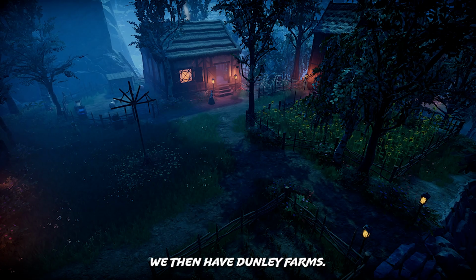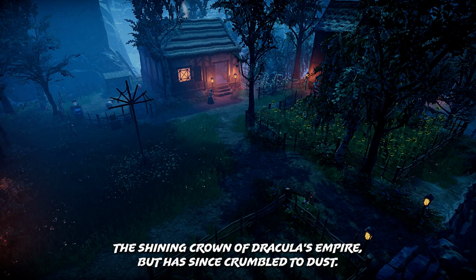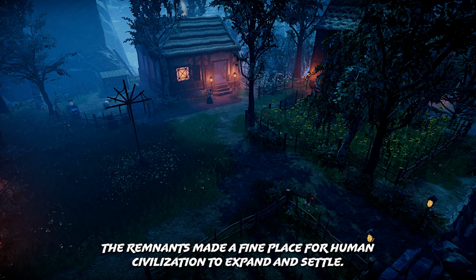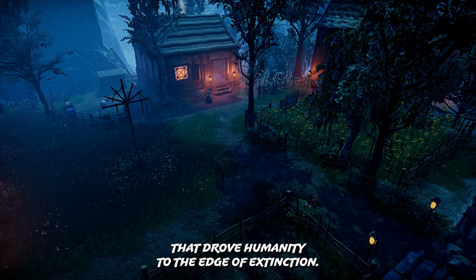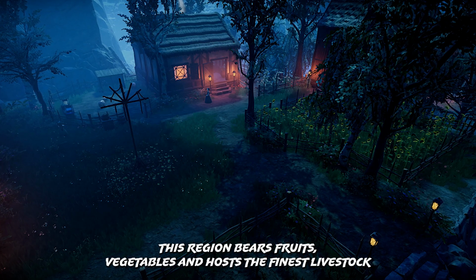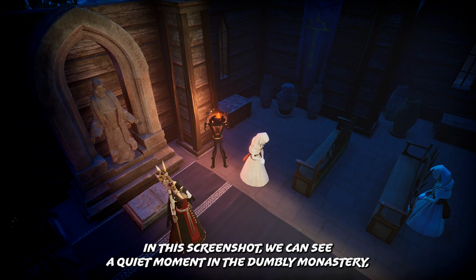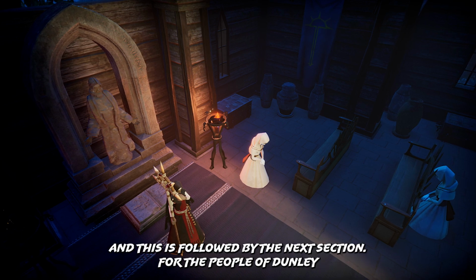We then have Dunley Farms. Dunley was once the shining crown of Dracula's empire, but has since crumbled to dust. The remnants made a fine place for human civilization to expand and settle. The ground was soaked in the blood of endless battles that drove humanity to the edge of extinction. This region bears fruits, vegetables, and hosts the finest livestock on this continent. In this screenshot, we can see a quiet moment in the Dunley Monastery,